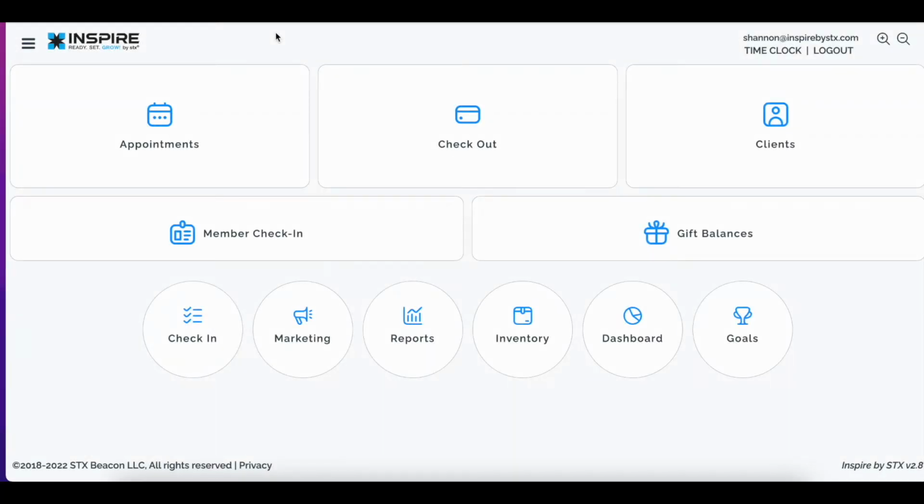will be reviewing how to sell gift certificates online. The very first thing to know is that having credit card processing integrated, set up, and completed is required to sell gift certificates online. If you're curious about getting that started, please contact STX support at